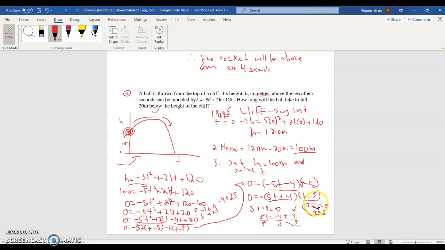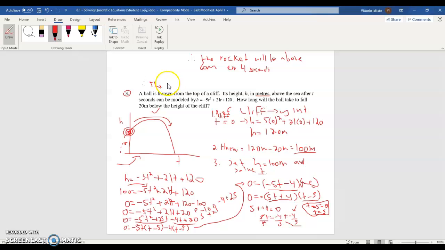So we're going to go ahead and select this t value here. They are both correct solutions for a parabola if it was a complete one, but for this particular scenario, the best solution is t is equal to 5. So you would write a therefore statement. I'm just going to do that over here where there's some room. So therefore, the